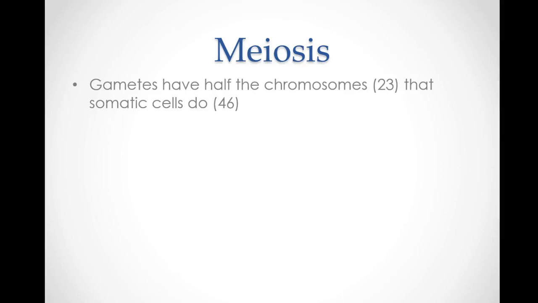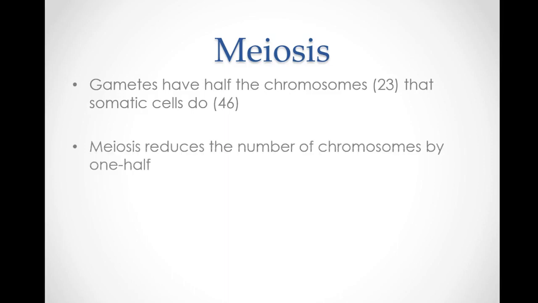Now, what's interesting about our gametes and our sex cells is, remember, in order for a fertilization event to occur, in order to create a new organism, we need a full set of chromosomes. And remember, in humans, a full set of chromosomes means having 46 chromosomes. So we need sex cells that only contain half that information. We only need 23 chromosomes in egg cells and 23 chromosomes in our sperm cells as well.